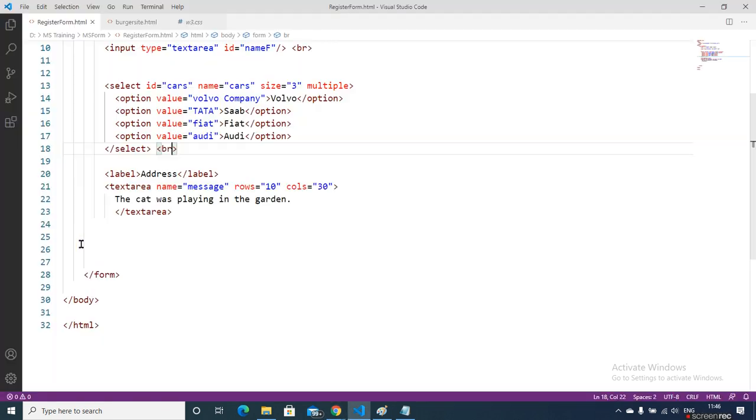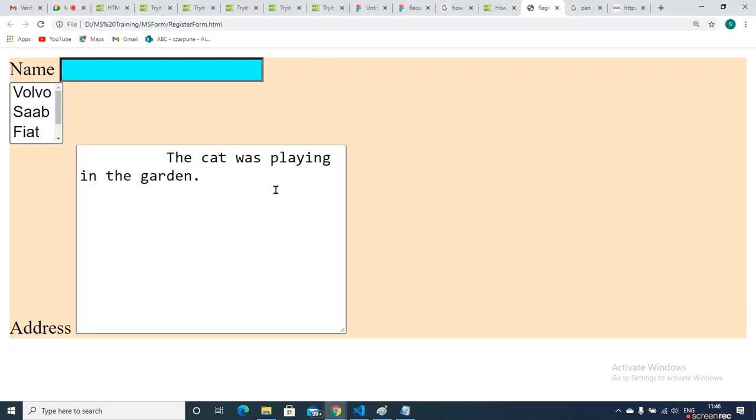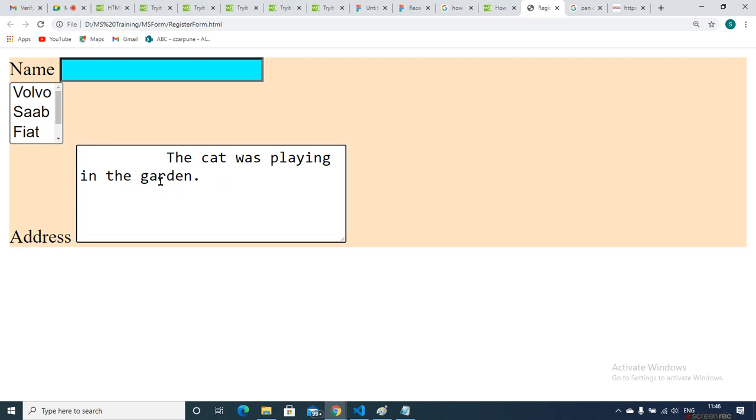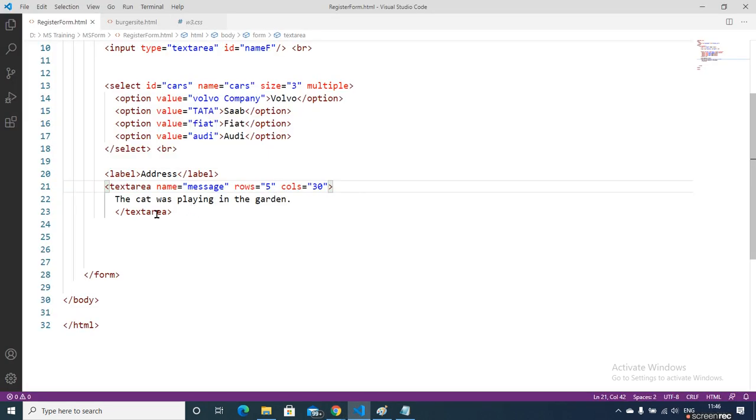So now it's below it, and here the address, and how many rows you want to display. You can say 5, and columns. Columns means how many characters you can enter in one line. For that purpose we use the multi-line.